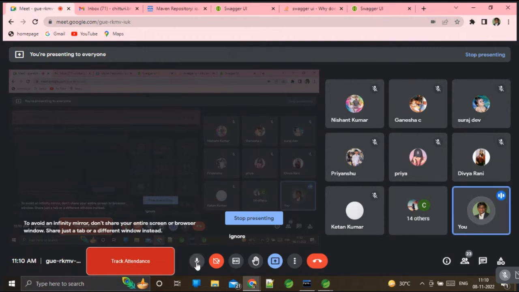Okay, sorry, I am back. Now we can implement more APIs. The first API we are going to implement is to update the phone number. Whenever we want to update the phone number of a particular user, we have to use the ID of the user and also the phone number of the user. ID and phone number, right? So to do that,